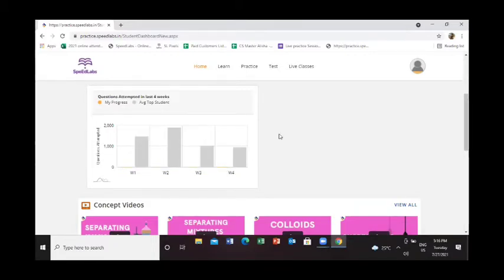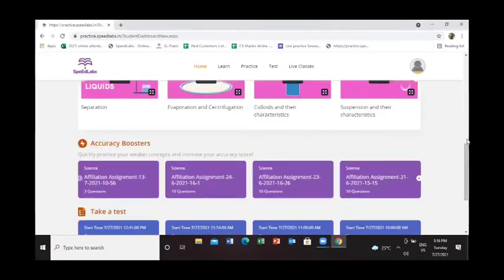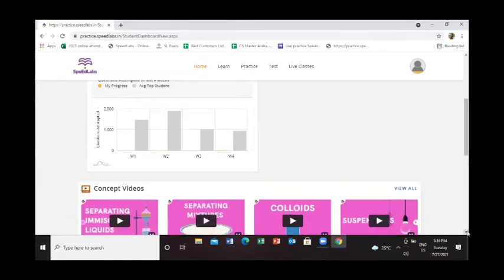Am I clear with this part, students? Any doubt how you're supposed to read this or what is included in the home part? Please unmute yourself so we can have an interactive session with each other. Any doubt, students? No, ma'am. No, ma'am. Okay. No, ma'am. Yes, somebody had a doubt. Any doubt?